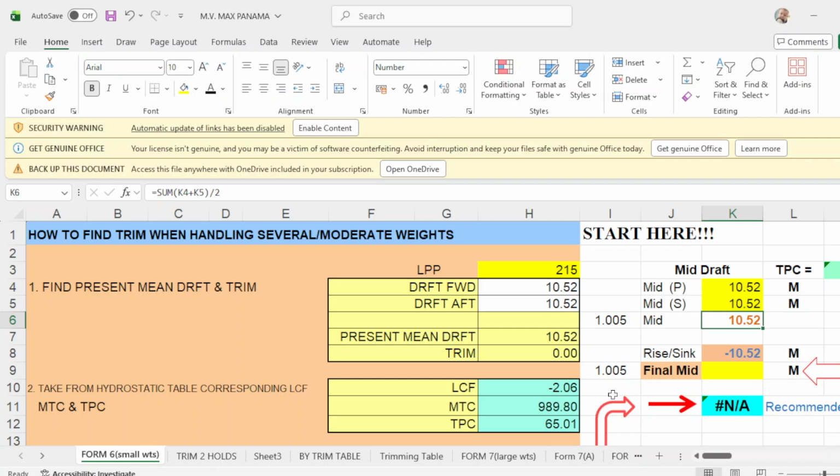So the foreman says, please make a drop check so that you can compute how much remaining cargo to load. So the foreman and the chief officer went down around the vessel to make a drop check, and when they went on board, the chief officer and the drop surveyor agreed that the forward drop will be 10.52 and aft drop will be 10.52, and the actual mid port is 10.52, and the midship starboard is 10.52. So your mid is 10.52.